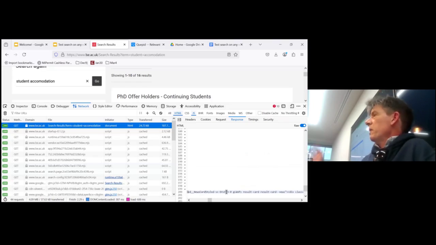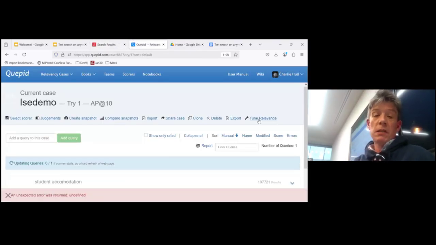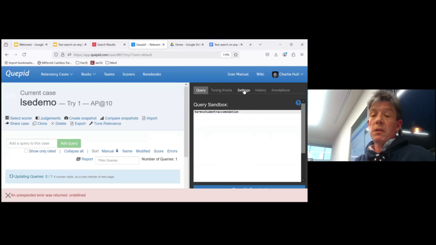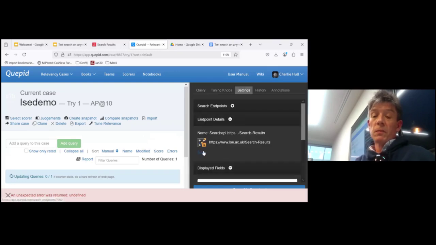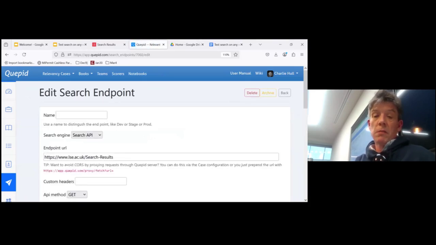Now, what I could do is use a beautiful thing to turn this all into a lovely formatted bit. The document object model, there's a thing to do that. But no, I've done a much crappier way than that. I've just used script. So what I'm going to show you is if we go to the search endpoint, I can edit this.